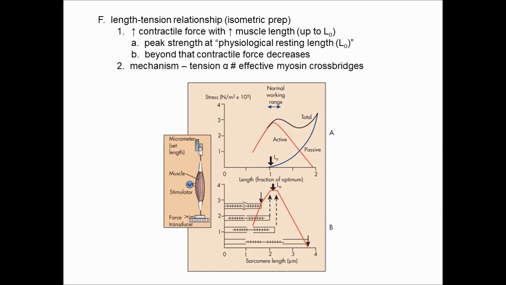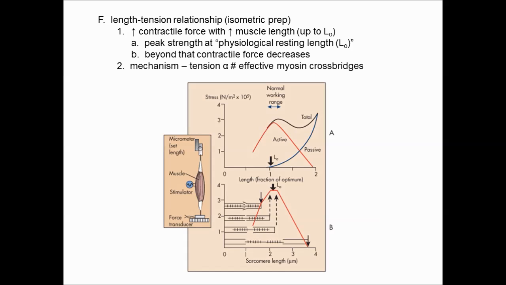So once you start stretching this enough that you get the transducer activated, you get passive force. And this bottom line right here represents the passive force that occurs when you start pulling on that or turning that micrometer. And then you stimulate it at each of these and you get the total force. So the total force here is the sum of the force the muscle actively produces, which is the red line,